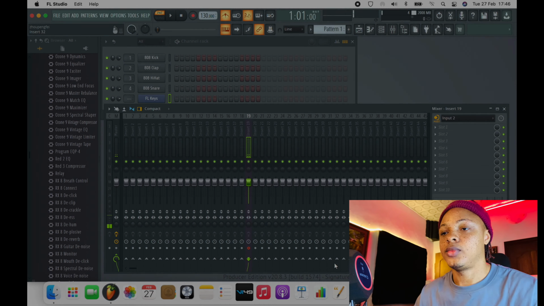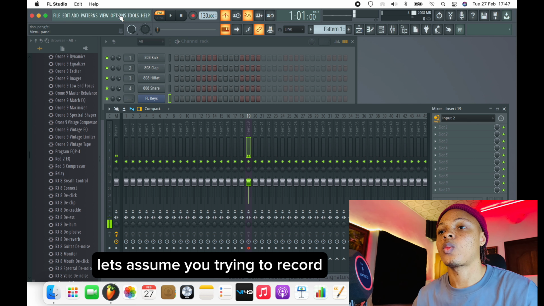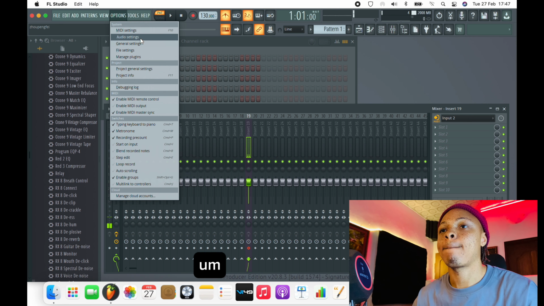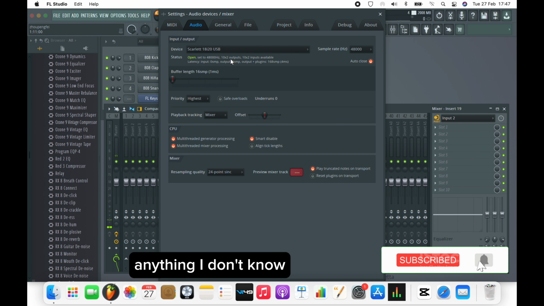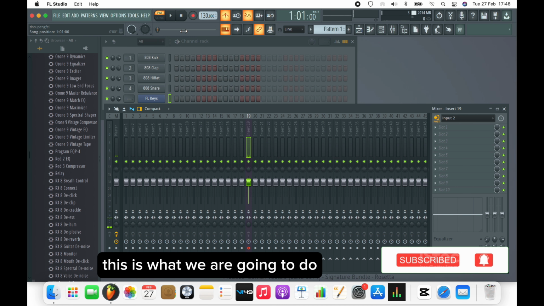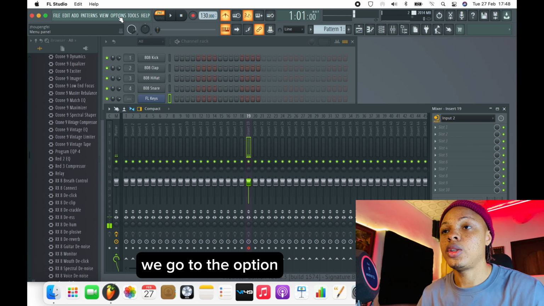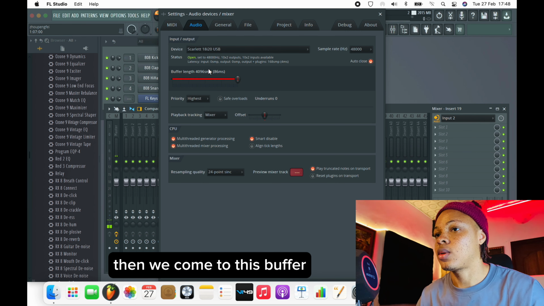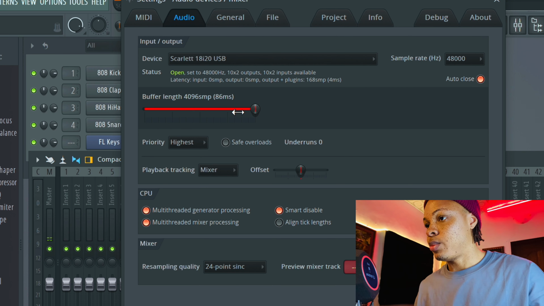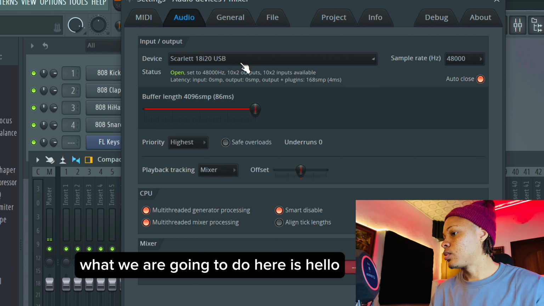Okay, this is what I'm talking about. So let's assume you're trying to record a song, anything, I don't know. So this is what we are going to do. Can you hear the feedback? Yeah, we go to the option, then the audio, then we come to this buffer issue driver. So what we are going to do here is